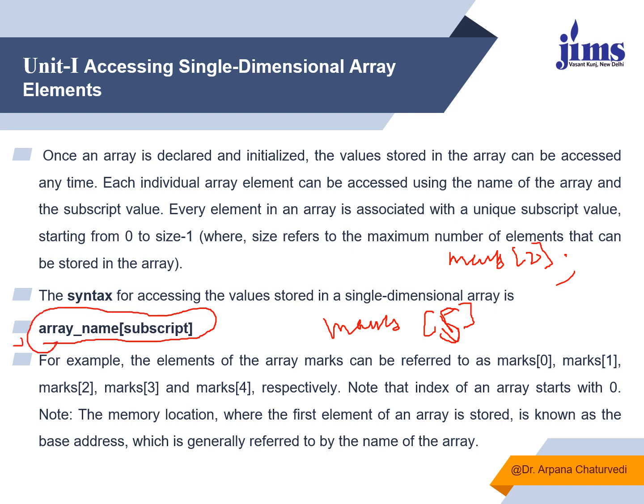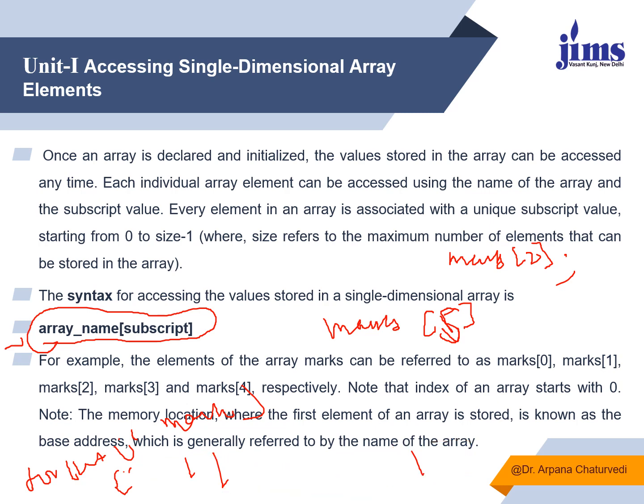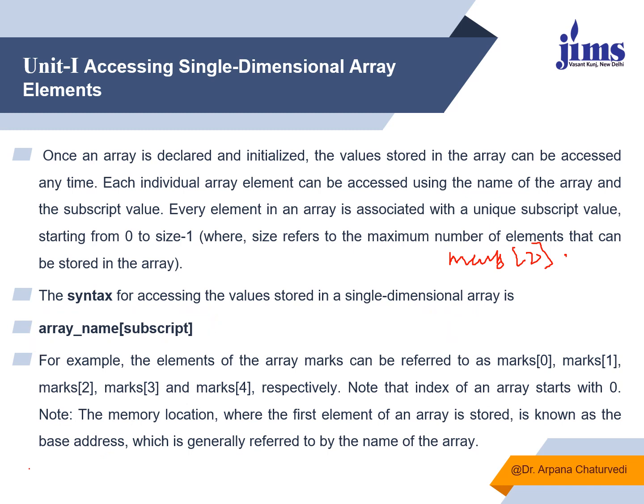It enables you to access the value from an array, and to access the element values from the entire array starting from 0 till the end, it is suggested to use the for each loop, because using for each you can say int I colon and then marks, and simply you can access I. So no need to write the subscript position even. We have seen this in the for each example, and in arrays also we'll see in more detail how for each makes our work convenient. We are not required to use the subscript position in performing any kind of manipulation in an array.